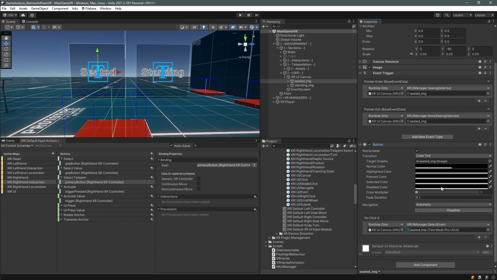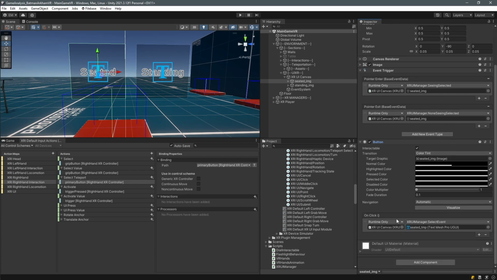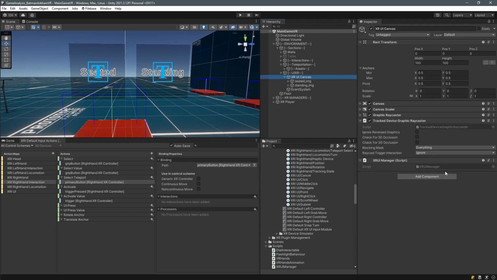And on the button, something similar. I have an onClick event on the button component that is going to call the select event method inside the XR UI Manager script. So if I double click to show you the script,